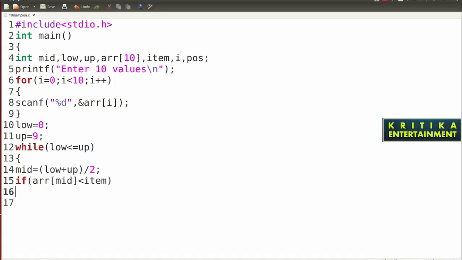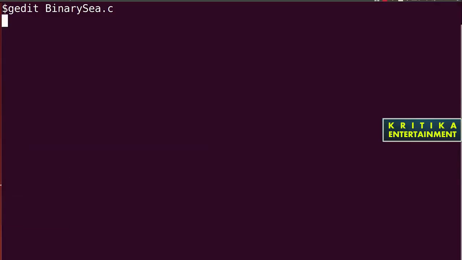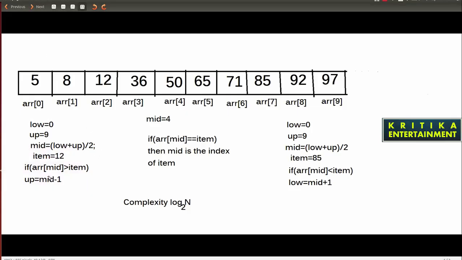If ARR mid is less than item, that means mid is smaller than your item, so your item should be on the right side, and the right side has the bigger elements. So you will write low is equal to mid plus 1. That means it is a low value, so low plus 1.